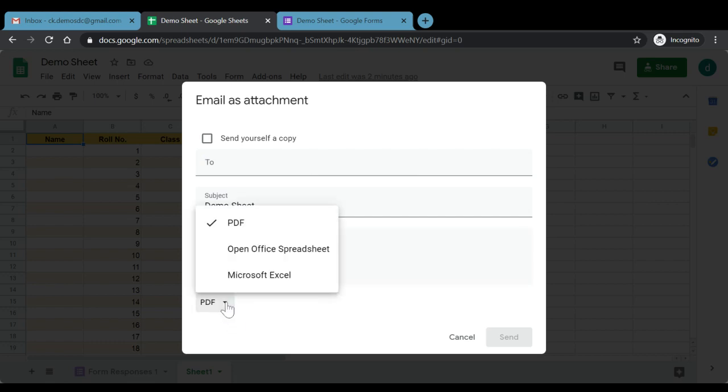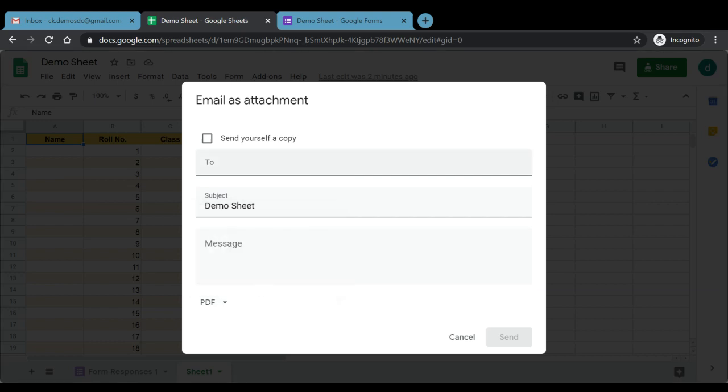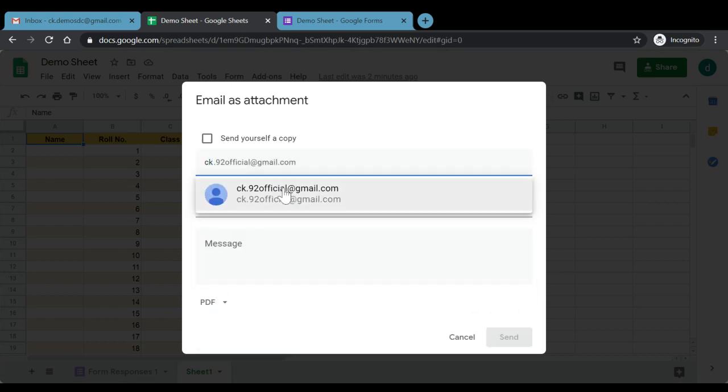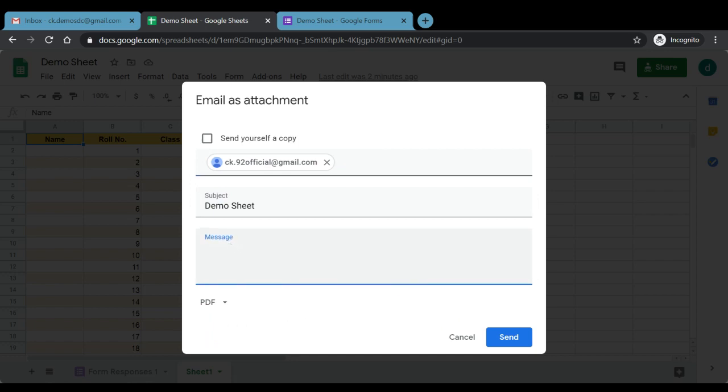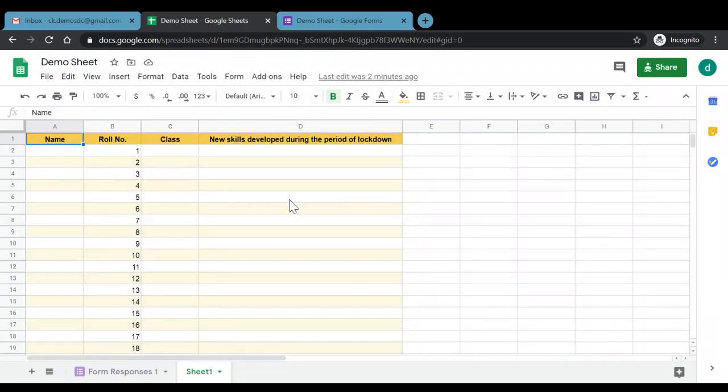Also, you can change the format in which you want to share this file. And once everything is done and you have mentioned the email ID, for example, we mention it here, and any message that you want to type, you can just click on send and the mail is sent. So it has made the work of sending an email very easy.